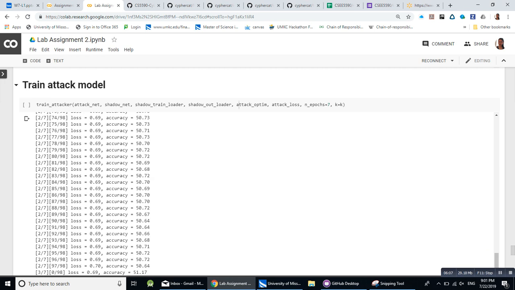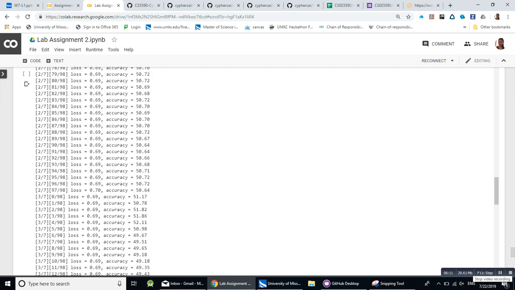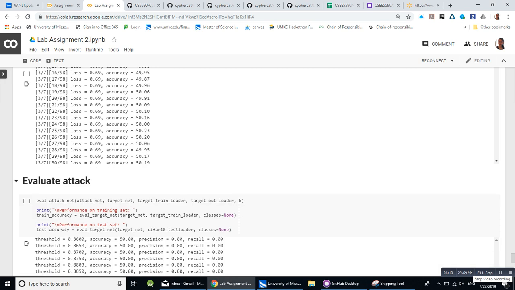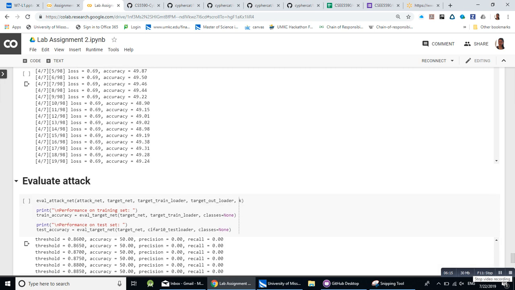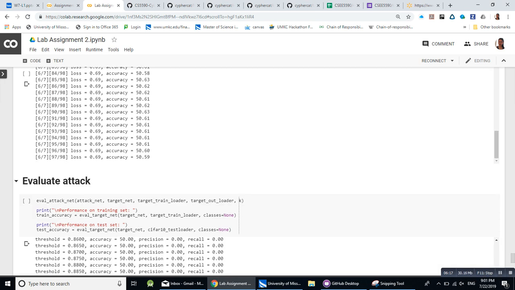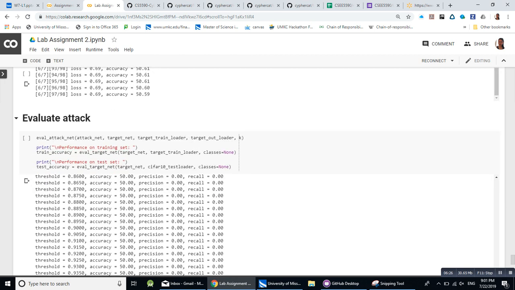As we can see, our accuracy is changing, loss is almost the same. We can see the small change here, and here at the end we see that our loss equals 0.69 and accuracy is 50%. And here we are evaluating our attack model,